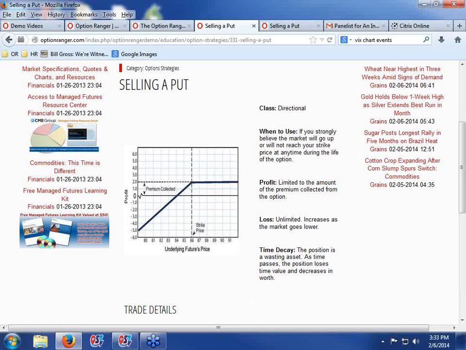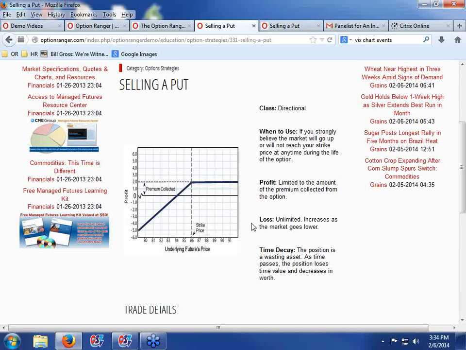In this case, because you're collecting premium, barring any major move against you, time erosion works in your favor. So this option will erode, and we're actually going to show you the erosion table here, which is very theoretical looking. We are going to show you one on an actual spreadsheet so that you can evaluate the numbers. Again, I will remind you that selling a put is a margin trade,